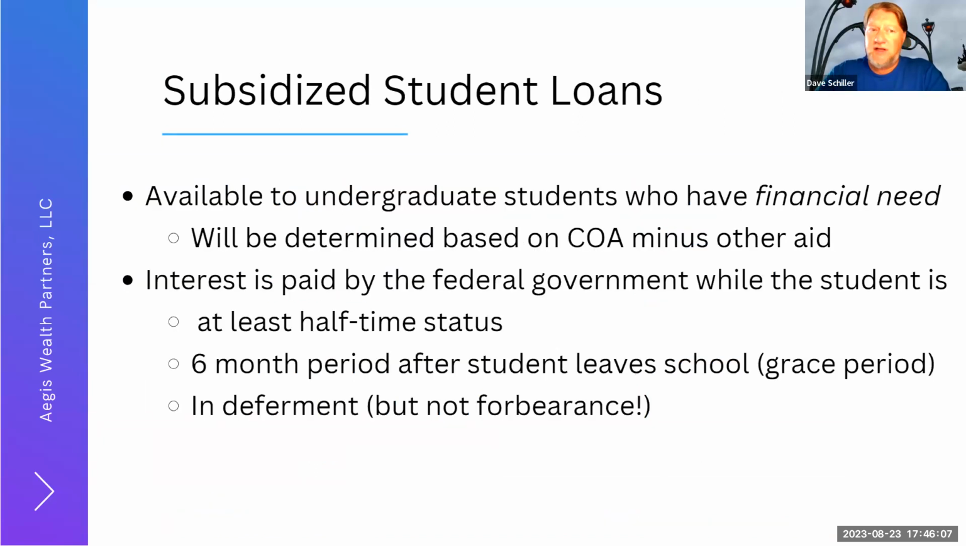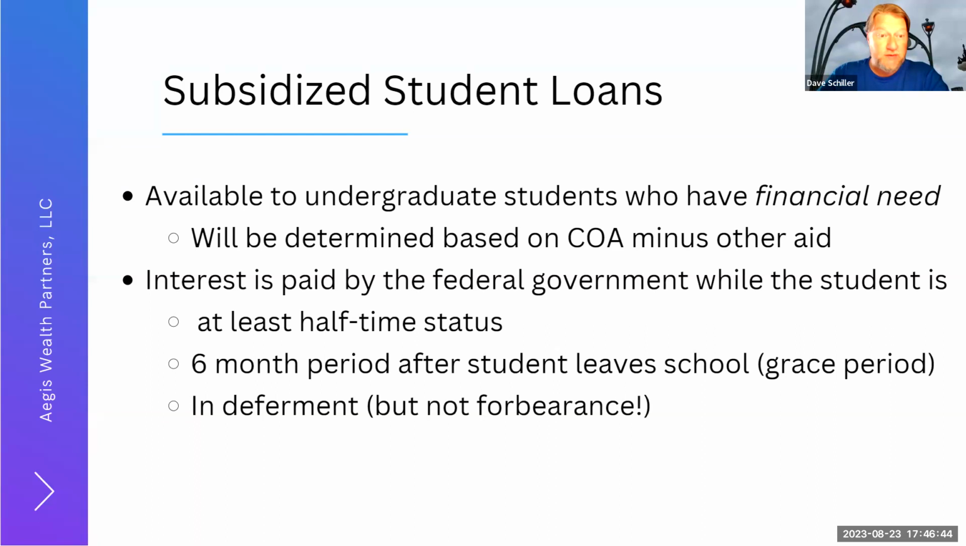Now, subsidized student loans are available to undergraduate students who have demonstrated a financial need. That financial need is based on the cost of attendance. For most colleges, if you go to their website, they will have the cost of attendance. Then you subtract whatever other aid you may be getting or other resources that you have, and that's going to be your financial need. So if you have a financial need, and many families will have a financial need, you can borrow